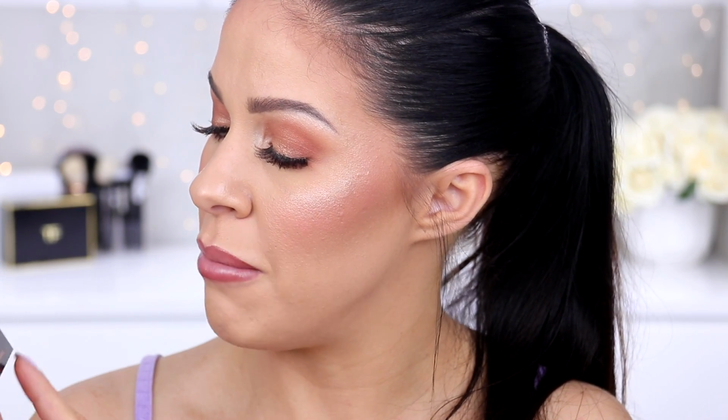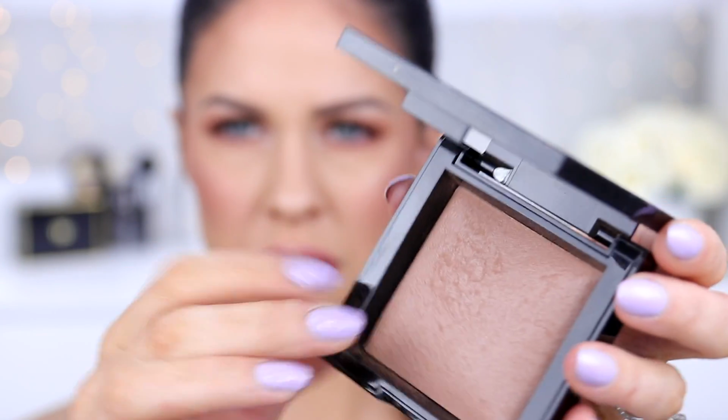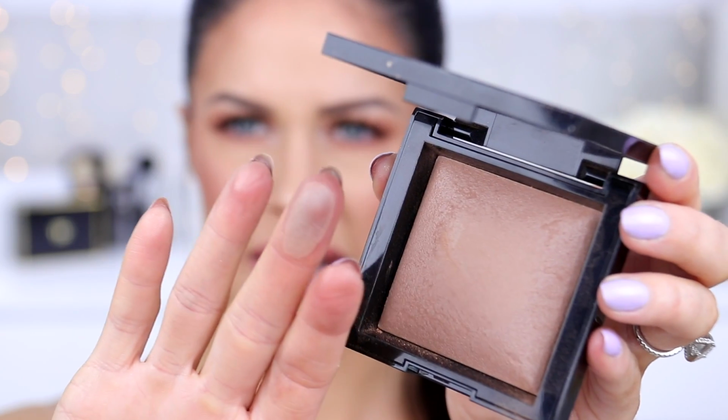All right, next up, I've got this bronzer from Bare Minerals. This is another product that I discovered this year. This is the Bare Minerals Invisible Bronze. This does come in different shades. Again, I've got the shade Tan. Now, this one is more of a baked type formula. It's really, really soft and lightweight,